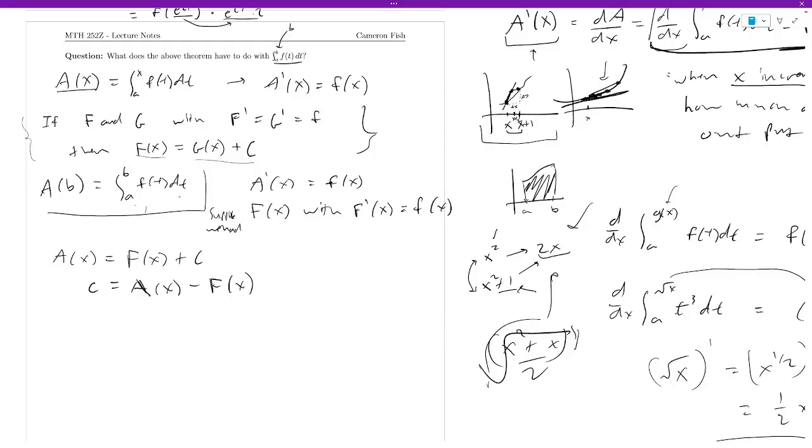But what's nice about having equality between functions like this, this constant c is equal to this right-hand side, where there's an x on the right-hand side. That means it has to be true for any x. So this is an algebra trick that we'll use now and again. If I have an equation with functions in it, it has to be true for any x, which means I'm allowed to plug in any x that I want to and see what happens. So let's see what would happen if I happen to plug in little a in particular, right? Why is that a good idea? Well,